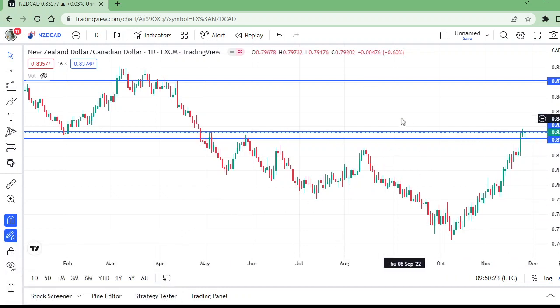This is the chart of the New Zealand dollar, Canadian dollar, NZDCAD. Now this was the resistance here, previous support and resistance again. This level has been broken to the upward. Now this pair is looking at the next resistance at 0.87090. This is bullish and it has